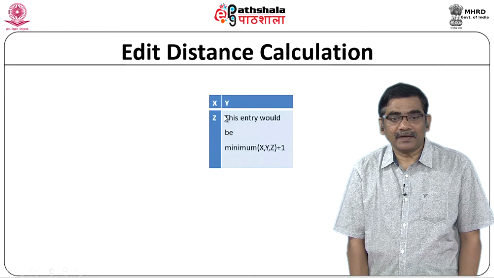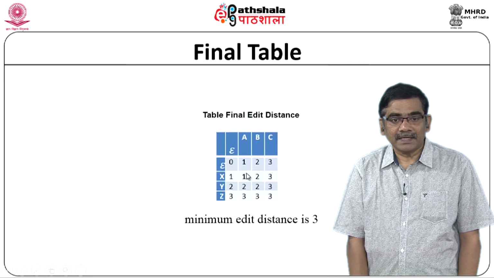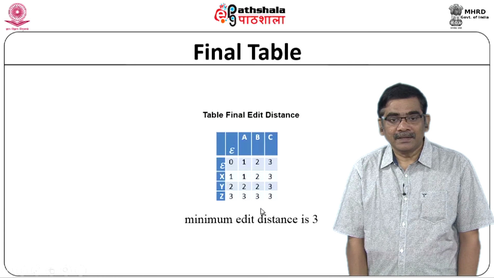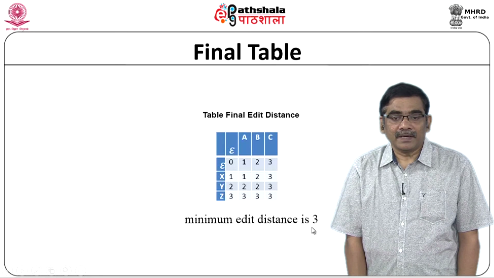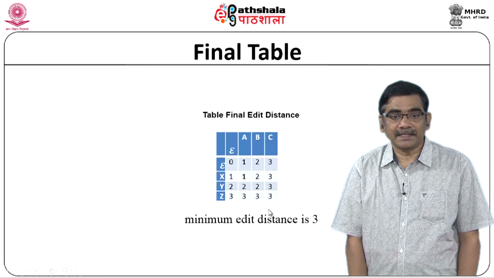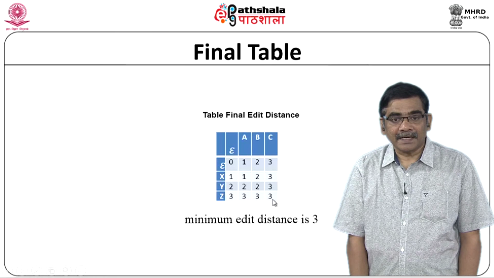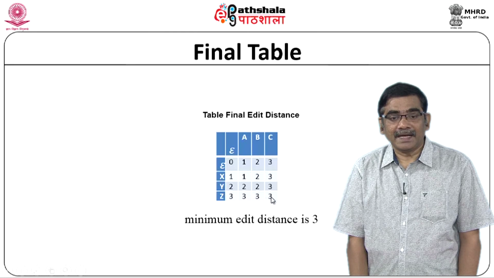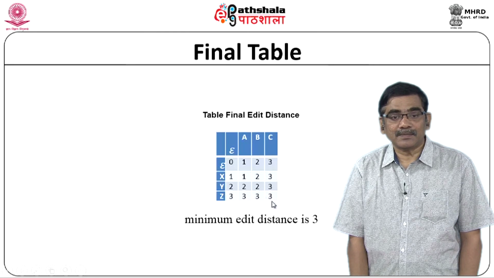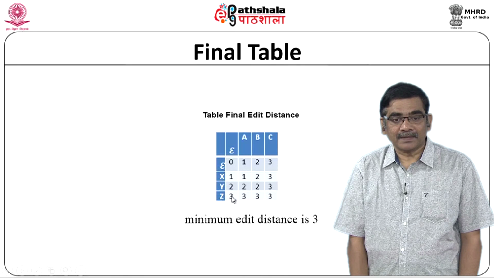Remaining things I can easily find, it is going to be the minimum of the neighbors plus 1. So, using that you can start filling the table. Now you can see that 3 is going to be the cost. So, the minimum edit distance is going to be 3. You can also trace which operation is required. For that again we can trace how this entry is computed. This is computed from the diagonal. So, you can come to a conclusion that 3 substitutions are necessary to transform the string ABC to XYZ and